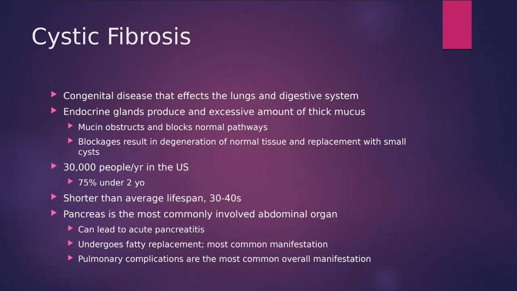So when you have cystic fibrosis, you have that thick mucus that's blocking those pathways. That blockage is resulting in acute pancreatitis. Now our pancreas is inflamed and it's working in overdrive. So again, that degeneration of the tissue is going to be occurring. And with that degeneration, we are going to have replacement of that tissue with those fatty cells. And that's going to be the most common thing that we are evaluating our pancreas for